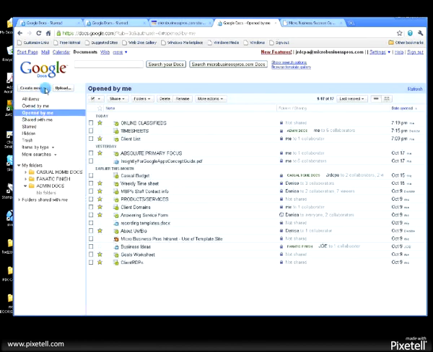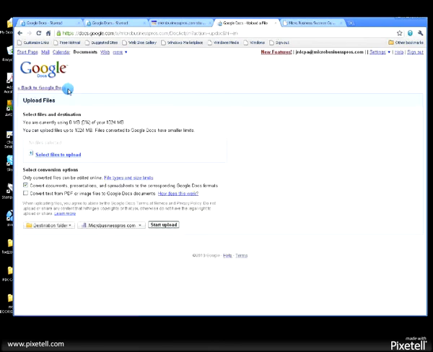This is another view. Over here you have several types of documents you can create. You can create a Word document, a presentation, a spreadsheet, or a form. Okay? You can also upload a document. If you already have a document that you want to upload to your Google Docs, this is very, very nice feature,